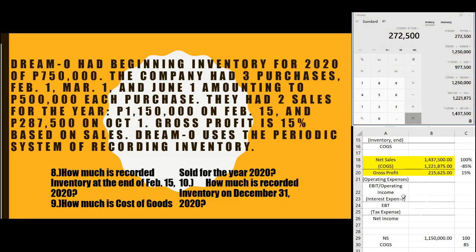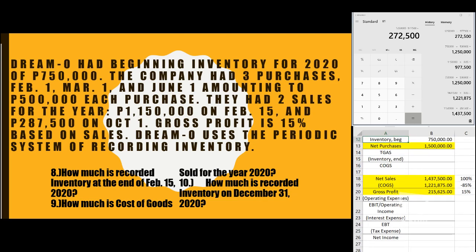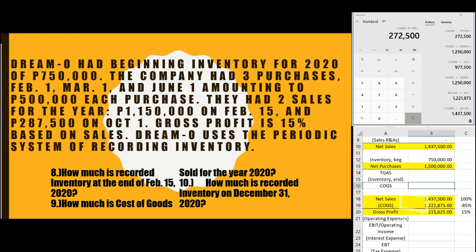Now, let's go to number 9. How much is cost of goods sold for year 2020? We have here, solve na natin yan kanina, 1,221,875. Okay? And then, how much is recorded inventory on December 31, 2020? Wala pa tayong inventory end, pero mahahanap natin siya. Why? Meron na tayong cost of goods sold. Okay? So, copy. Simply add the 2. So, transpose, 2,250 minus 1,221. So, answer for ending inventory for number 10 is